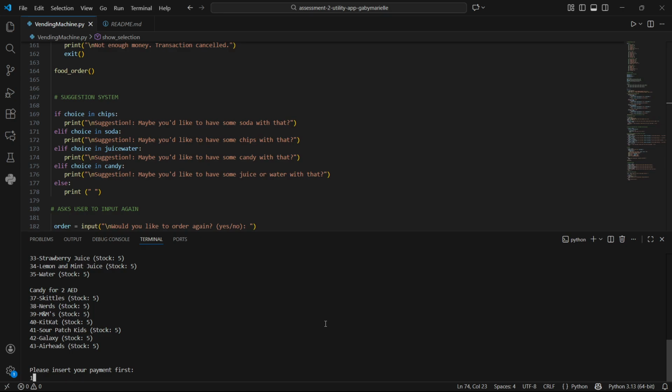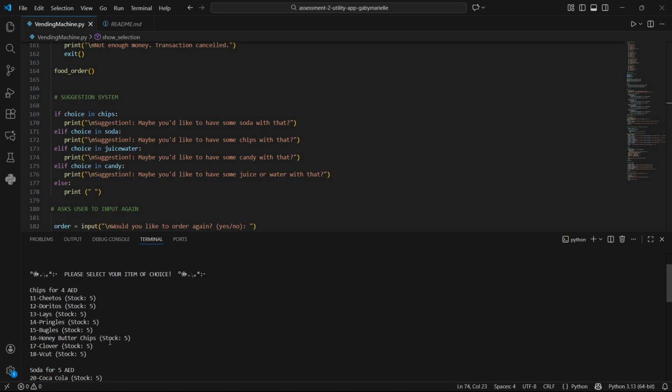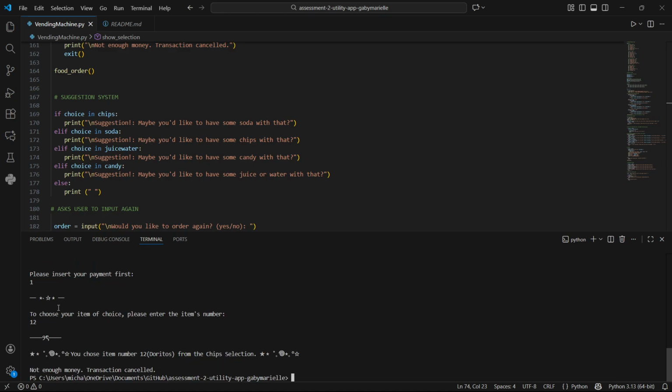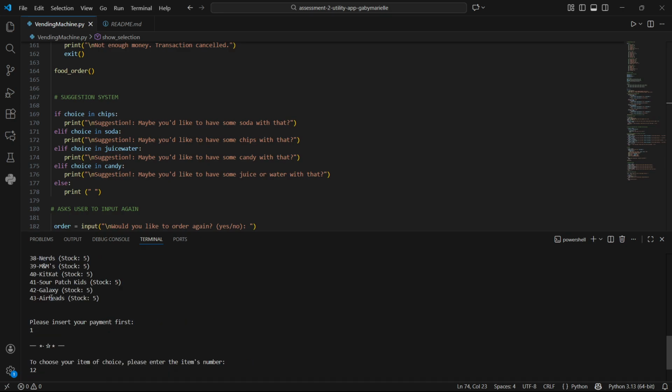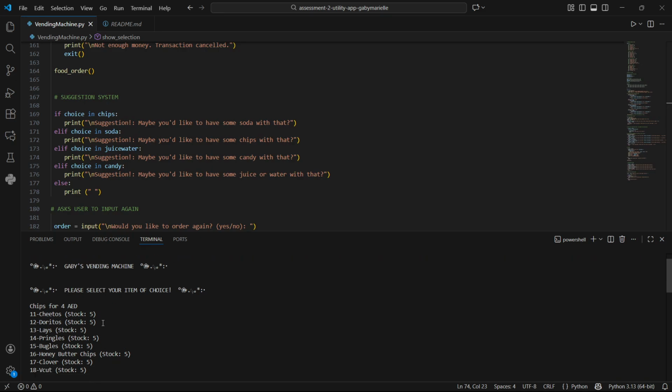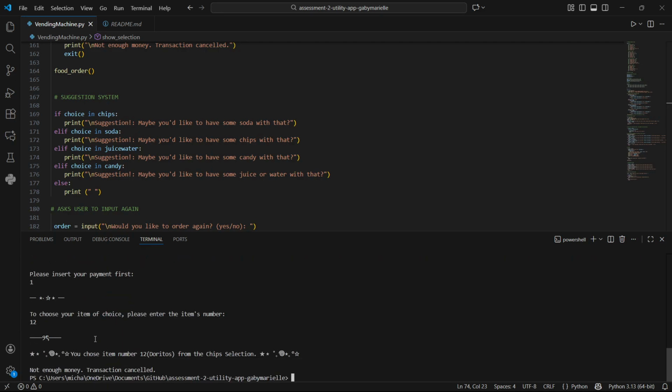So let's put 1 dirham and let's get some chips. Doritos, which is code 12. Then the program checks if the user has inserted enough money. So since we inserted 1 dirham and chips are 4 dirhams,